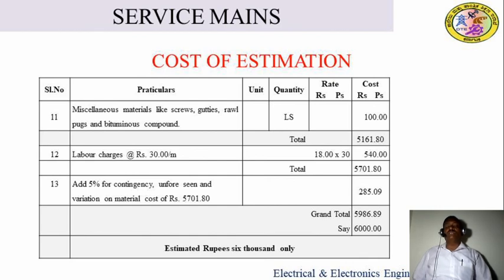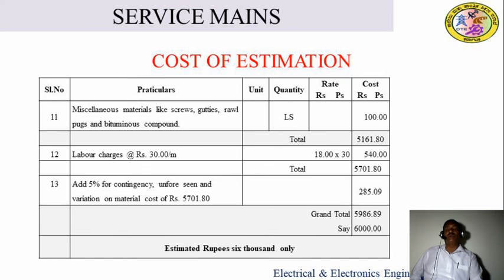Okay. In this way, we have calculated the amount required for providing an electrical supply to the customer, either overhead single phase, overhead three phase, underground single phase, or underground three phase. In this way, we have to calculate the estimating and costing of the underground as well as overhead service for providing electrical supply to the customer. Such type of service we call service mains.